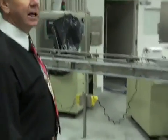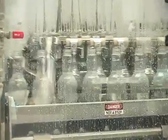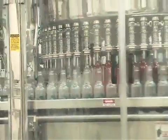Isn't that amazing? Just for a guy that started with a stainless steel dairy tank and a paddle from a canoe, this has come a long ways. All the bottles come in here. As they come in from the outside, this is a hermetically sealed room, and they're picked up here where they actually turn so they're sideways, and they're sanitized and rinsed, turned up, drained out. Then they go in the next side where they're filled, they're spun out, then they're sealed, then they're capped, and